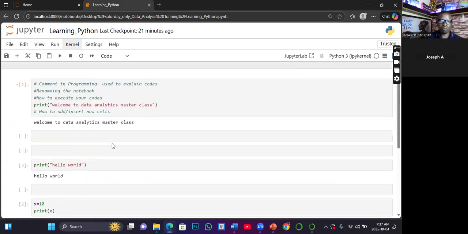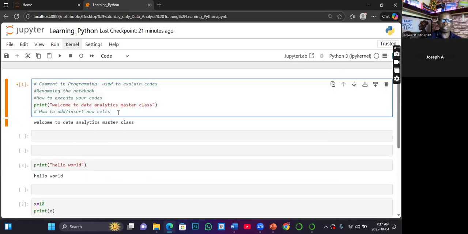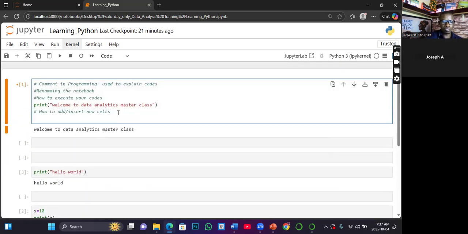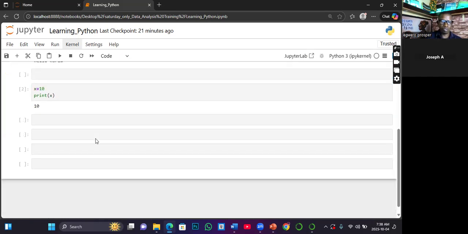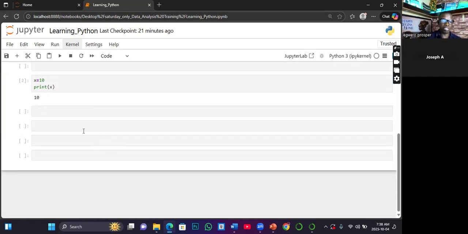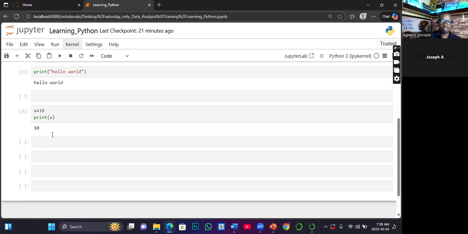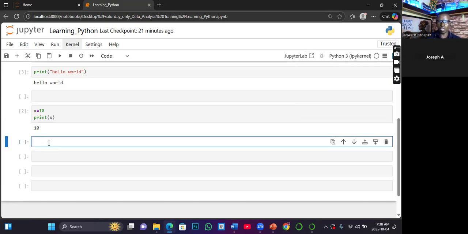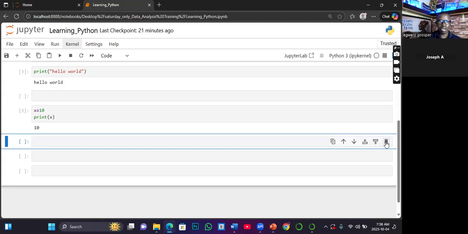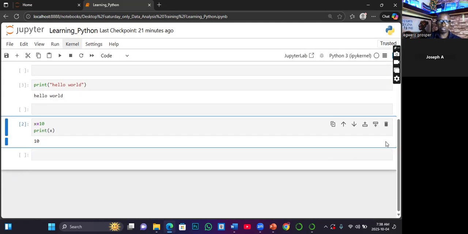Now, the next thing I want us to understand as part of the skill you need to have for managing Jupyter Notebook is how to delete a cell. For any reason, maybe you have excess cells and you want to delete some, or you want to delete one. So how do you do it? To delete one only, you can click inside that one and then click on this delete icon.